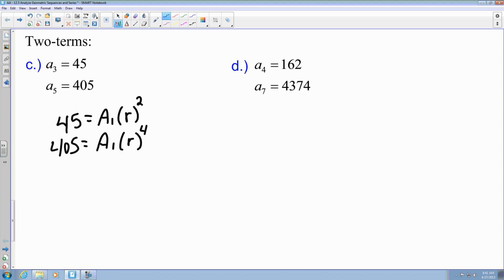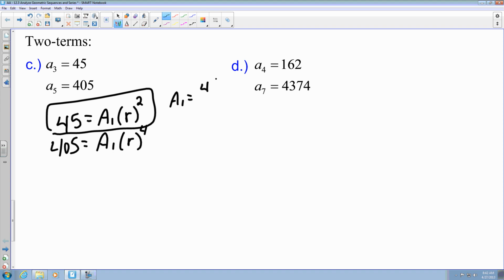So what I want you to do is this. You're going to substitute. I want you to get a sub 1 by itself with the equation that has the lowest value of power for r. In this case, it's this one here because it's r squared. R squared has a smaller exponent than r to the fourth. So in order to get a sub 1 by itself, I'm going to divide both sides by r squared,